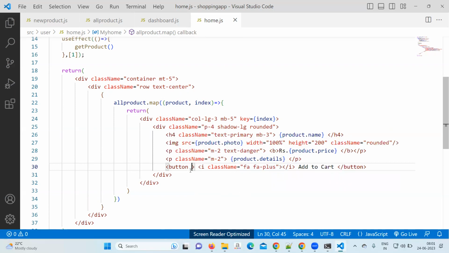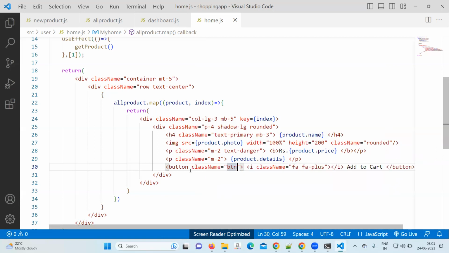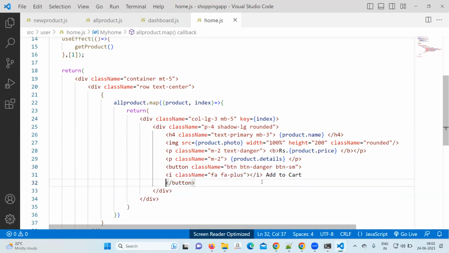and for the button, class equal to btn hyphen danger btn-sm. Btn-sm is nothing but a small button. It will give a complete